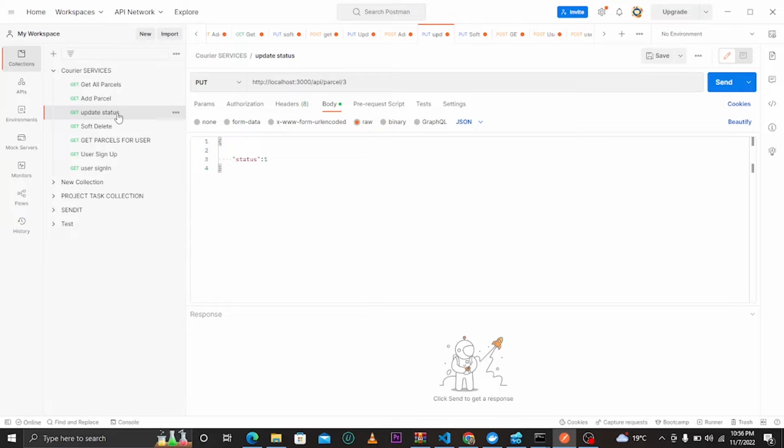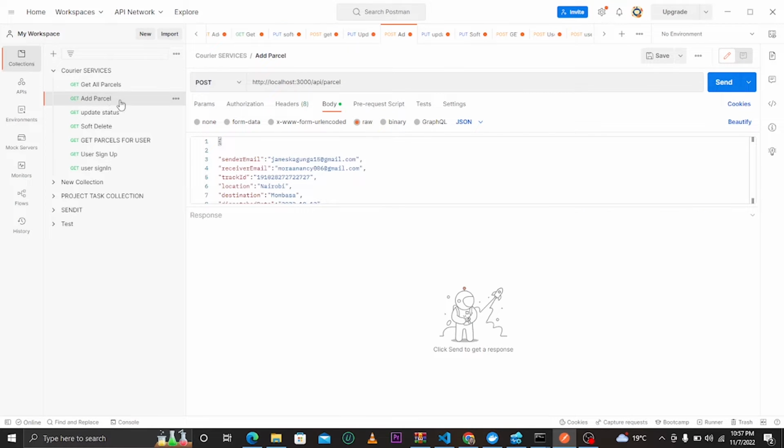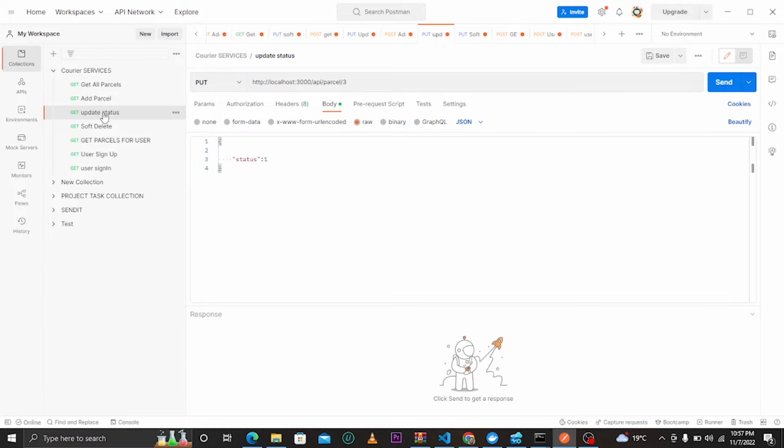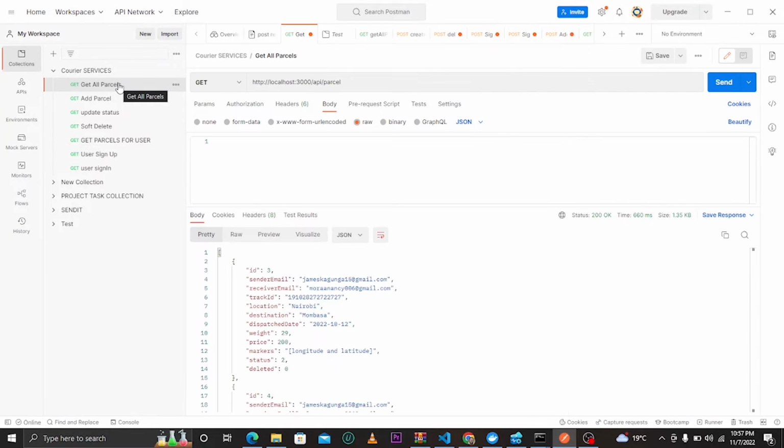Another advantage of using Postman is that you can create collections. As you see here, I have a Courier services collection where I have added requests: this one is for getting all parcels, for posting or adding a parcel, for updating status in a parcel, soft delete, get parcel for user, sign up, and then user sign in. All those are okay. So now I want us to use this to test our backend,